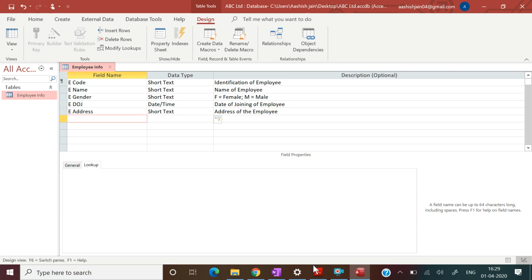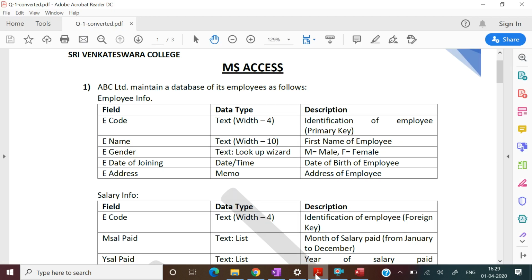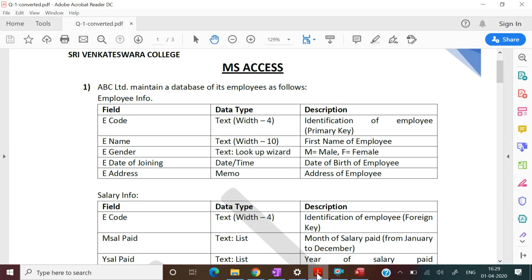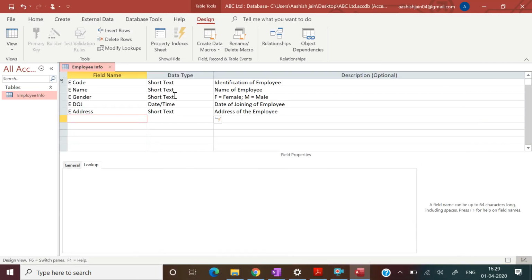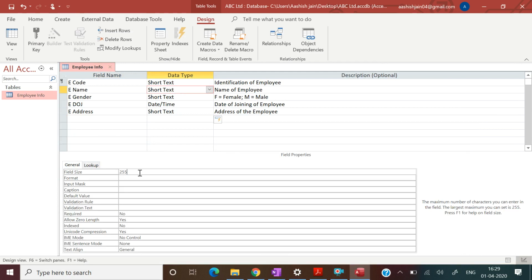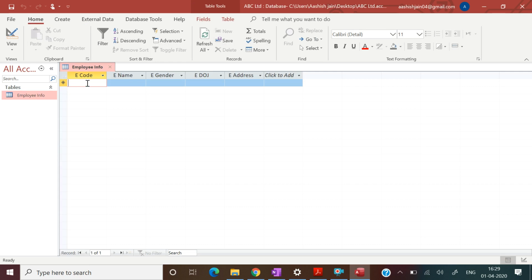Okay. Now we have created our first table, and I think I have not given this. Yeah, in the name of the employee, we need to put a width that is 10. Okay. Now press Ctrl plus S, and then double click on employee information. Now let's put some information.